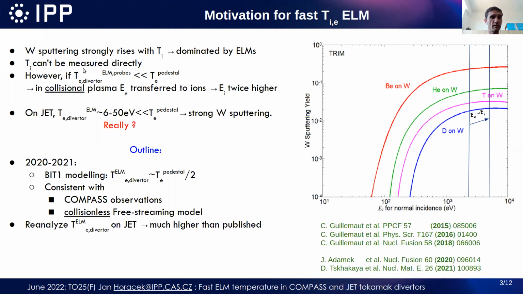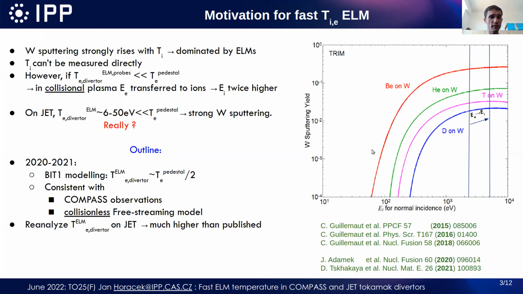And the ion temperature cannot be directly measured. However, we can measure the electron temperature on the divertor during ELMs by probes. And it has been measured, in fact, that it's much lower than the electron temperature on the pedestal. This has been measured in three publications in 2015, 16, and 18: the temperature drops from 1 kilo electron volt down to 50, or even lower, down to 6 electron volts on the divertor during ELMs,